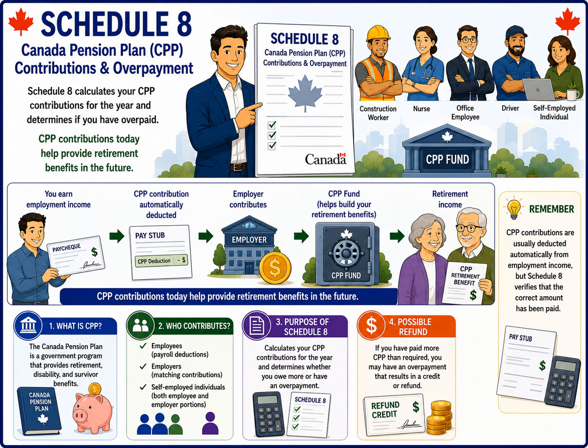The illustration in the center of the slide shows how the system works. As an employee earns employment income, CPP contributions are usually deducted automatically from each paycheck by the employer. At the same time, the employer contributes an equal amount on behalf of the employee. These combined contributions are paid into the Canada Pension Plan Fund, where they help finance future retirement and other CPP